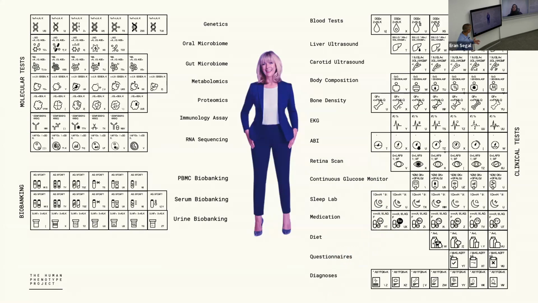Alongside this clinical profile, we also have a very deep multi-omics profile, so molecular profile, and this includes a full shotgun sequencing of the human genetics, but then also shotgun sequencing of the microbiome, both the oral and the gut microbiome. We have metabolomics, so this looks at thousands of different molecules that circulate in our bloodstream. We do proteomics to look at protein levels in the blood, RNA sequencing to look at levels of RNA, and